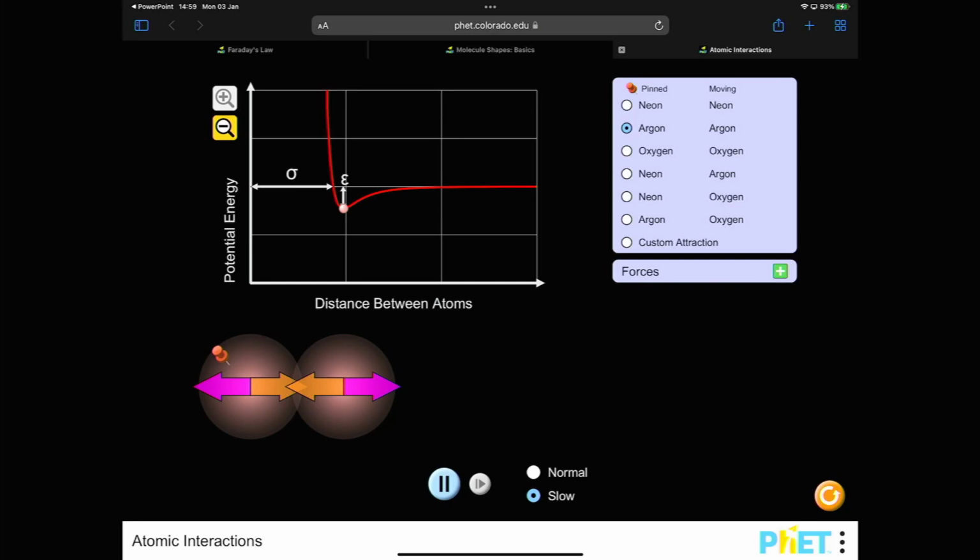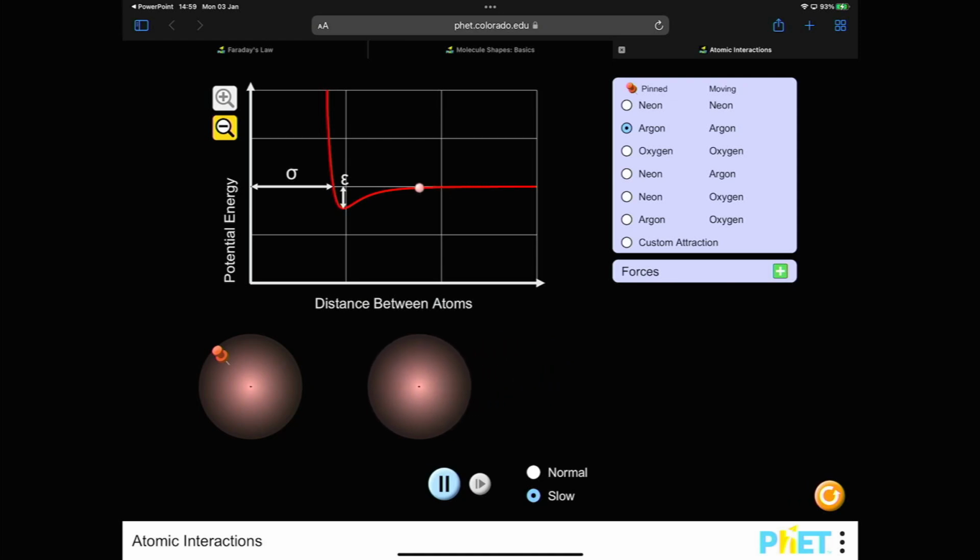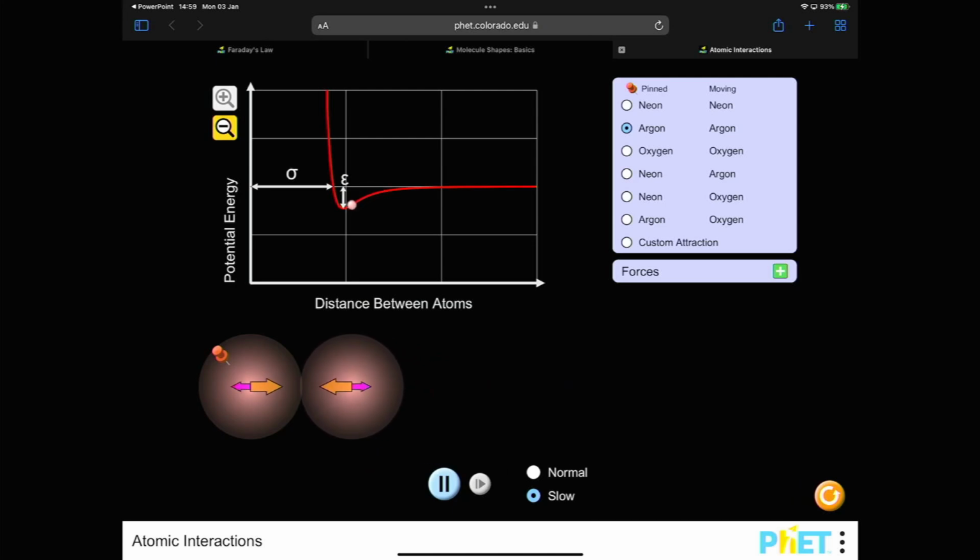I've chosen argon, and I'm going to now take them apart from each other. And can you see when the distance between the atoms is getting smaller, it will move towards each other, and you can see there, it goes to the stablest position, which is right there. If it's going nearer to each other, it will be unstable and then go up again.